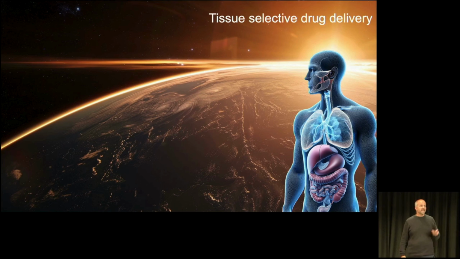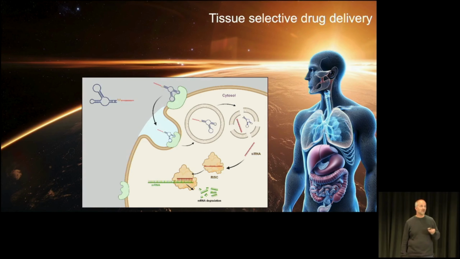So in the last 10 years, we've been working on trying to figure out how we can create tissue-selective drug delivery vehicles. After a really long time, I think now we cracked it, and we have some really cool aptamers, so single-stranded DNA oligo platforms, set up in the lab where we can now already target various organs and conjugate them to deliver targets or small molecules such as RNAs to these tissues.